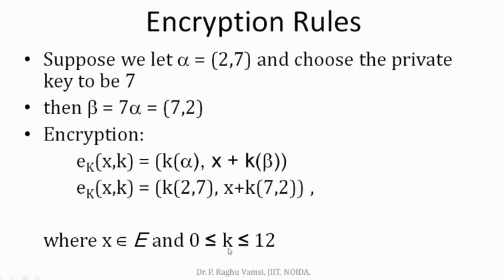Of course, you can take any k value of your choice. There is no rule like this. But here one constraint has been mentioned, that take a key value between 0 and 12. The reason is the elliptic curve may be having the prime number p as 13. So for that reason they might have taken this between 0 and 12.